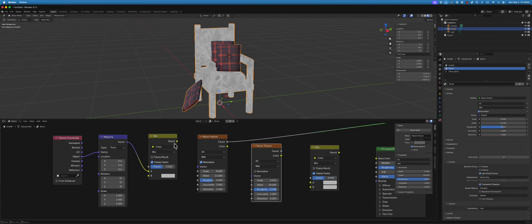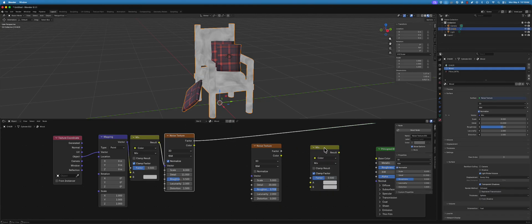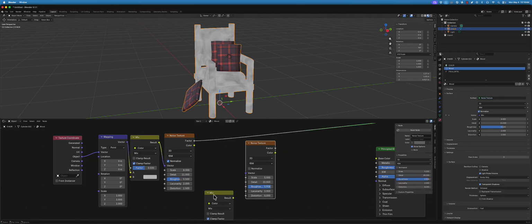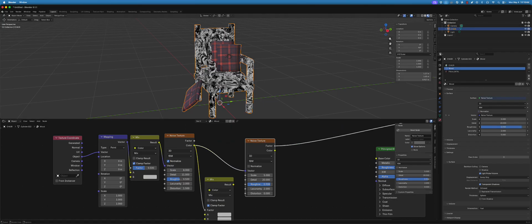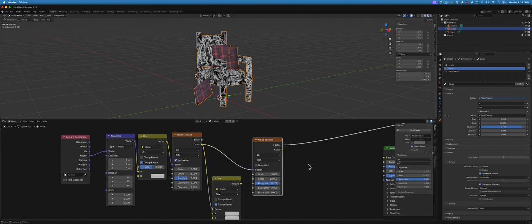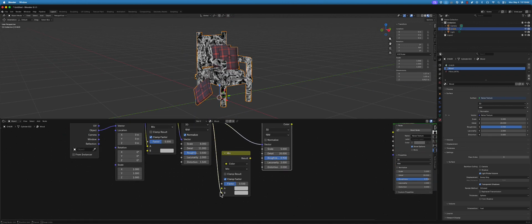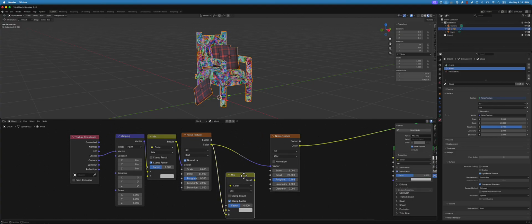Okay, so let's put this into here. Let's wire this into here. Let's take a look at our final result. You can see it's the blending of the two there, right? We're starting to get those swirls. Actually, let's put this into color 2. I don't know why I put it into factor. And then